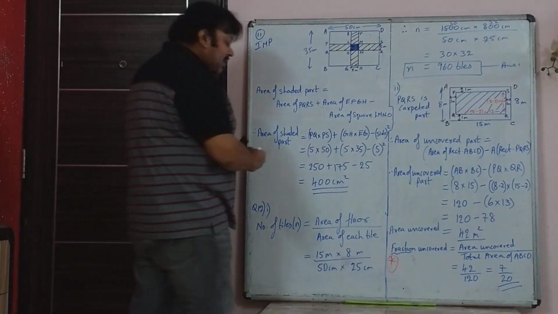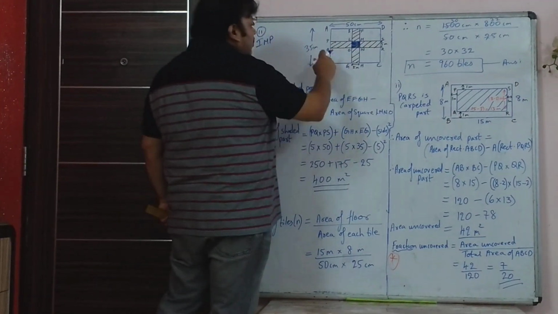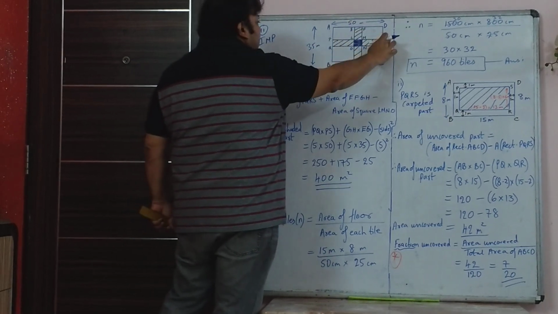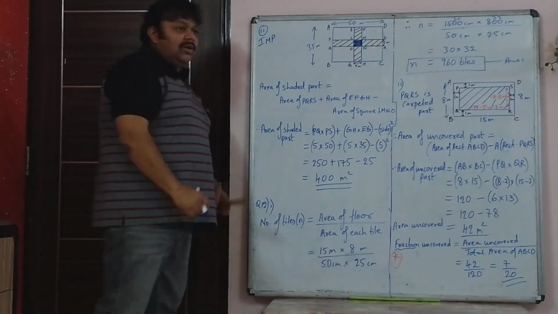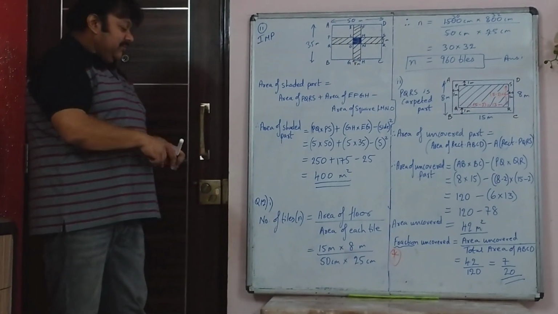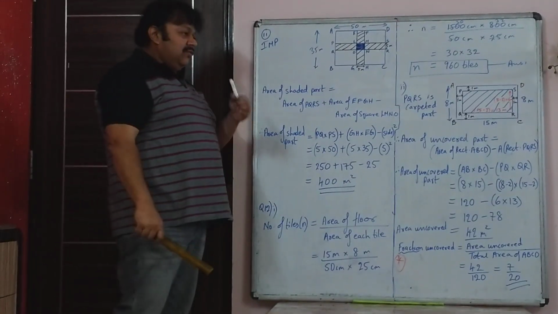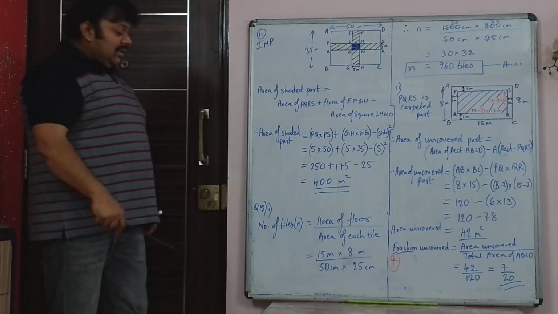In fact, it is meter squared. The area is given in meter because all the lengths are given in meter. So the area is 400 meters squared, not centimeters squared. Now in question 12, you are